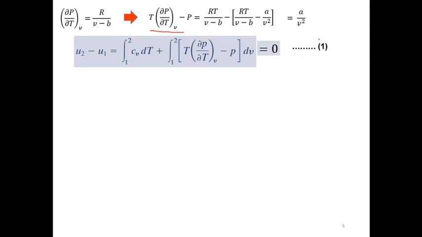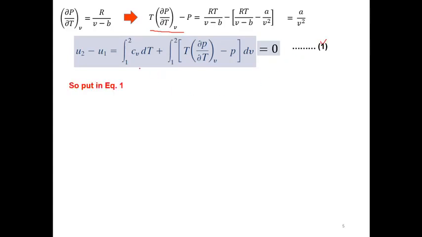We have to take the derivative of pressure with respect to temperature, keeping the volume constant. This is the first term, the derivative of this. And then we need the full term, T times this term minus P. So if we multiply with the T as well as minus P, we put the value of the P as well. And if we simplify, this term will be cancelled out. This minus minus will be plus. So the remaining will be A by V square. So this whole term is equal to A by V square.